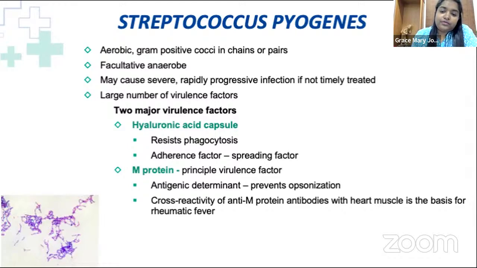So, this protein M is an antigen, right? Protein M is an antigen, and against this antigen, antibodies are being produced. But the problem is that our cardiac muscles have something that is very similar to this M protein. So these antibodies that are produced against Streptococcus pyogenes, because it's similar to our heart,